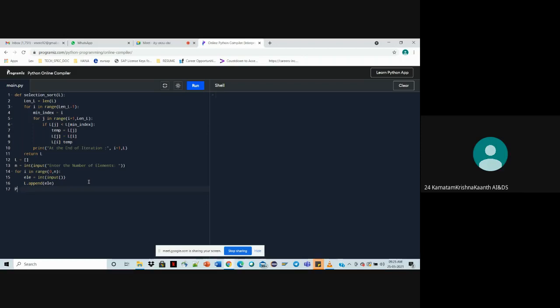Print, sorry, the print should be small. The unsorted list is L.